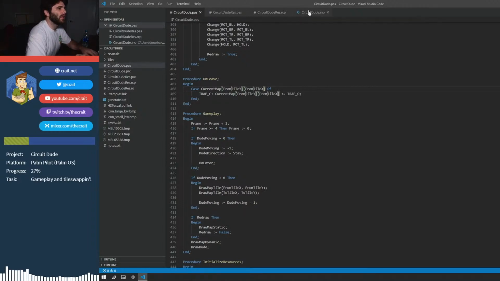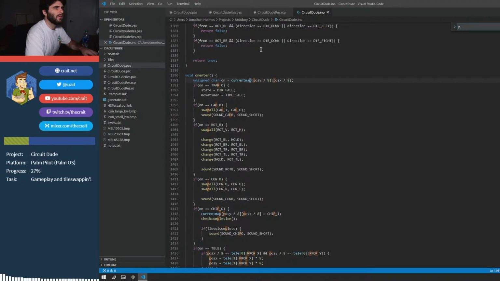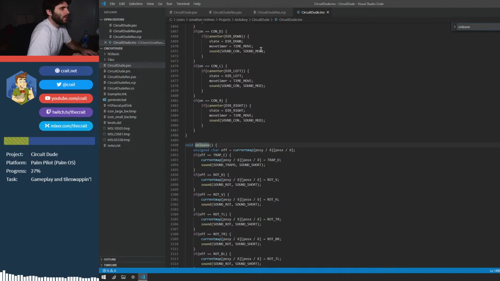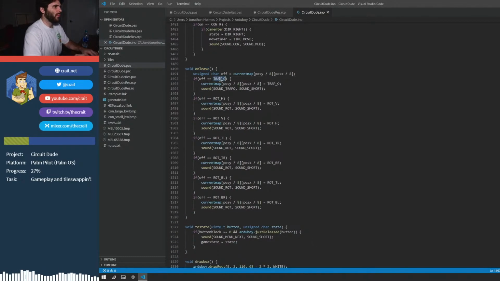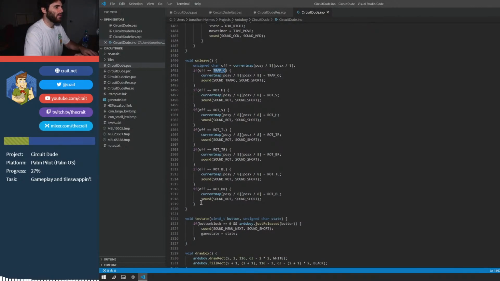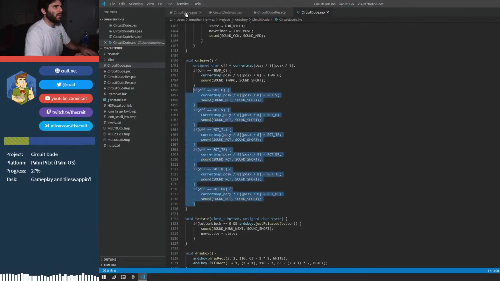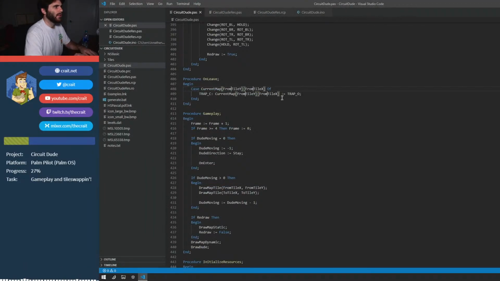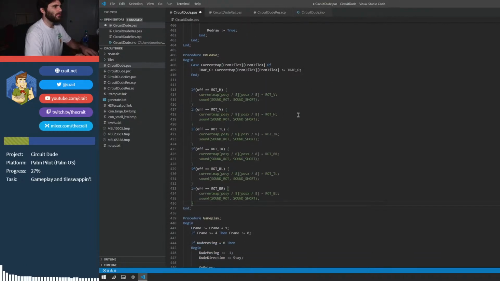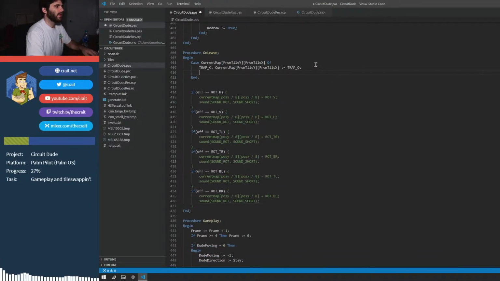And let's look in here to see on leave. Let's see what else we do. We do the trapdoor. Oh, and we do these rotational pieces like I mentioned just earlier. So we'll copy that code just so we're able to look at it. But it will look like this. So if